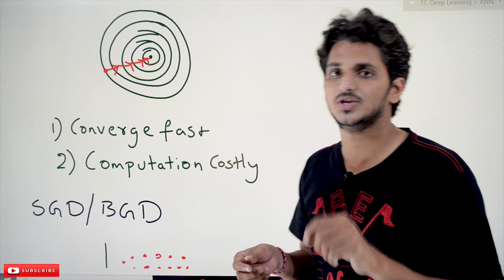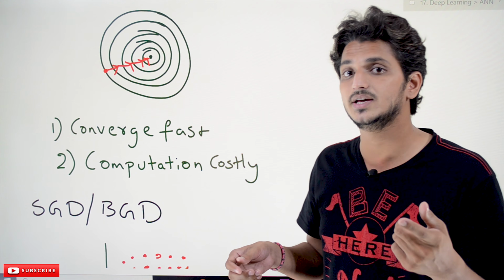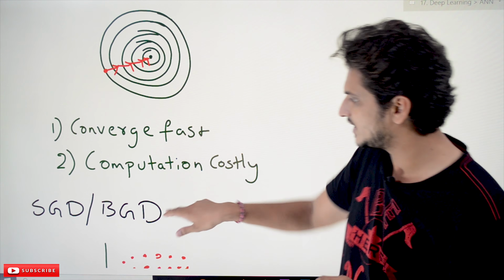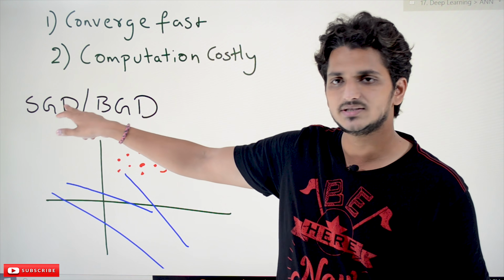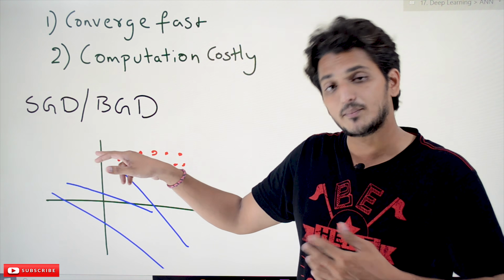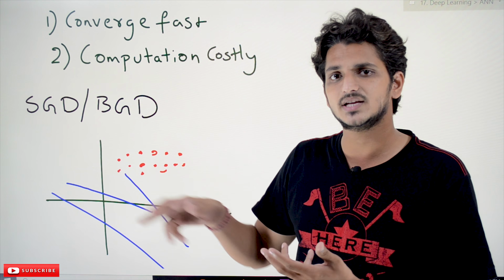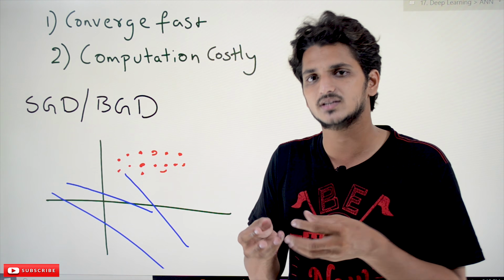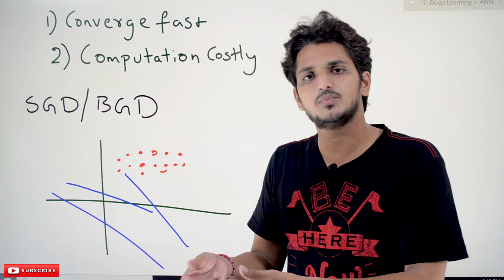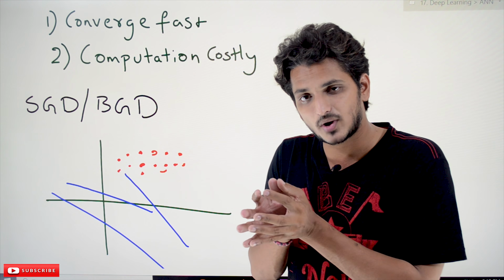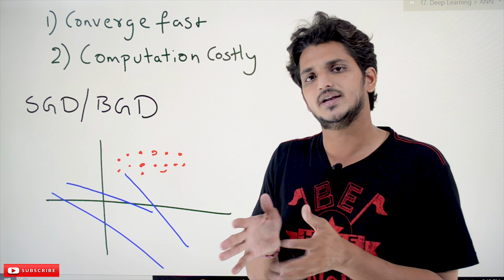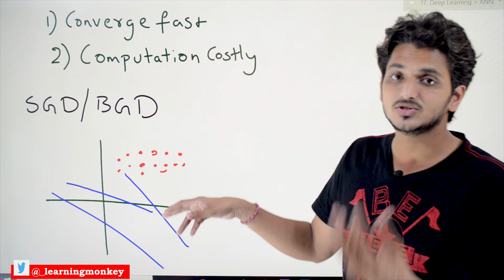It is computationally costly. But coming to stochastic gradient descent or batch gradient descent, in stochastic gradient descent we take point by point and update our weights. In batch gradient descent we will take some mini batches, like 10 points a batch, 16 points a batch, like that. We will take a batch of points and we will update our gradient. Same equation we use for a batch of points.